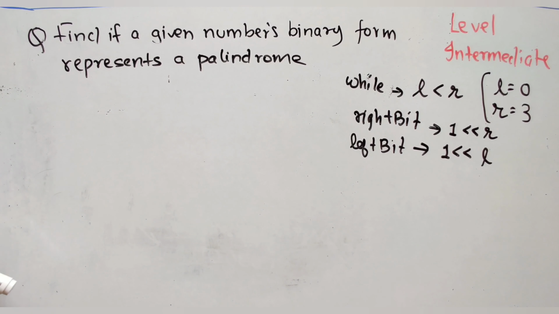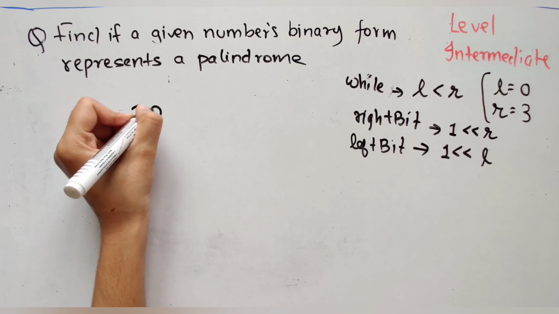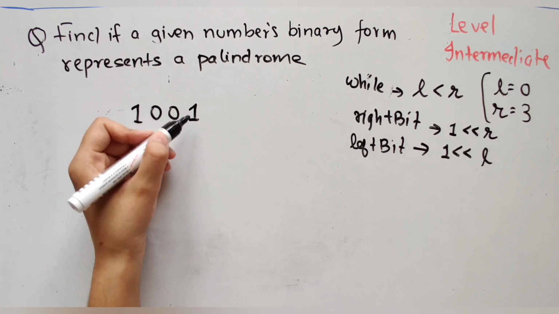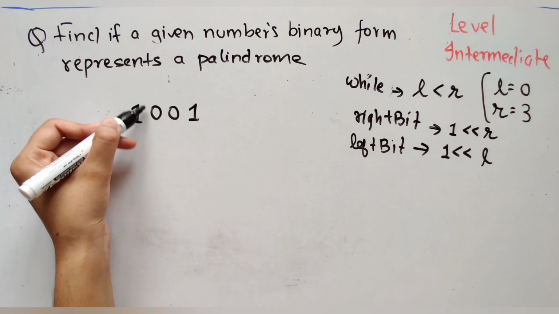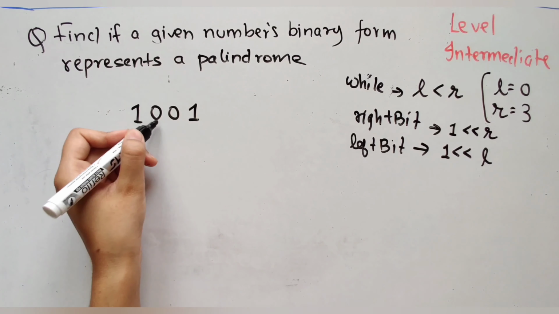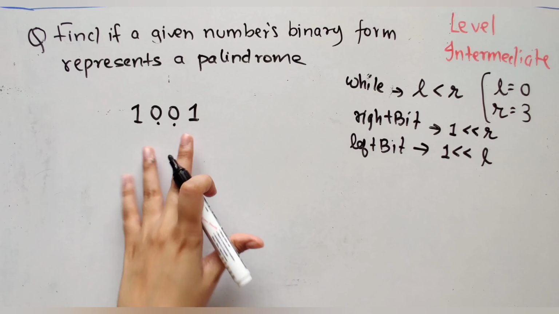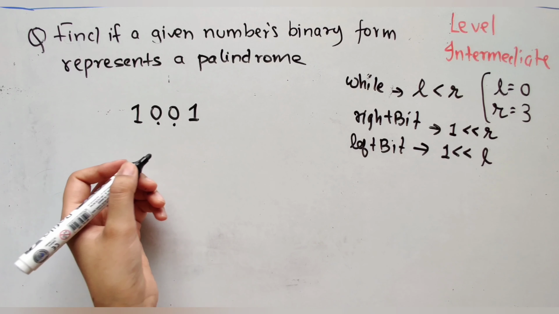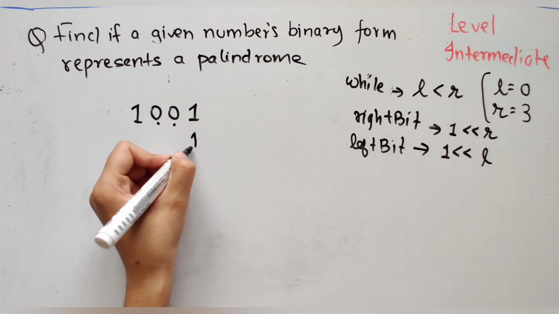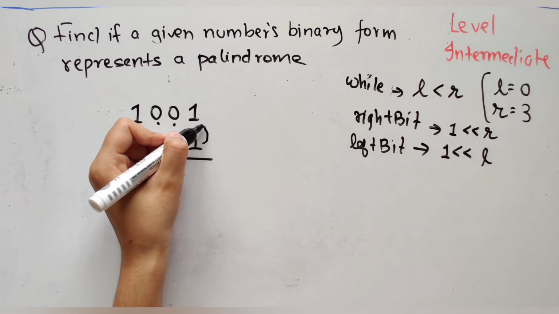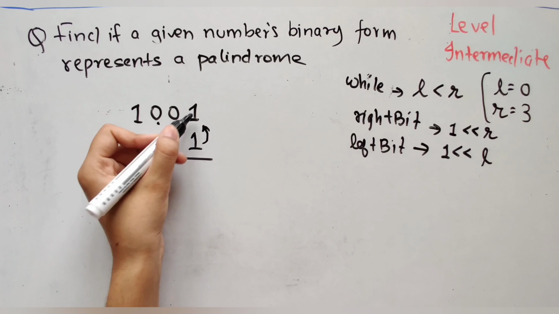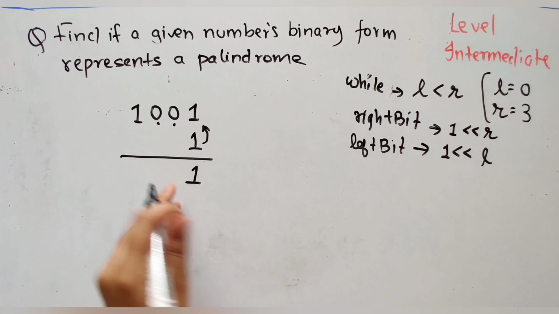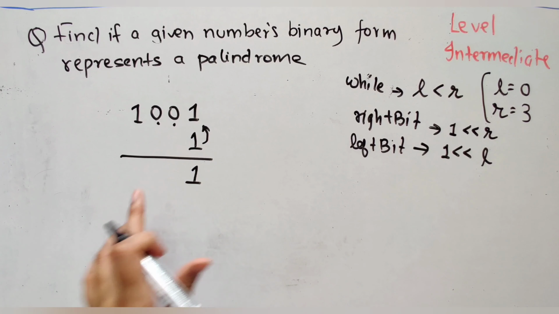Okay. Now, let's say we'll take this for example, this returns a palindrome. How do we check that? There should be some way for us to see that, there's a 1 here, but there's also a set bit in the beginning. If this is 0, this should also be 0. So how do we really check whether it's 1 or 0? That's the main thing. If I do an AND operation of 1 with any number, whatever is immediately on top of it, it's going to reflect that. If this is 1, my result will be a non-zero value, like it will be 1 here. Others can be whatever, but at least I'm going to get 1 in the binary representation.